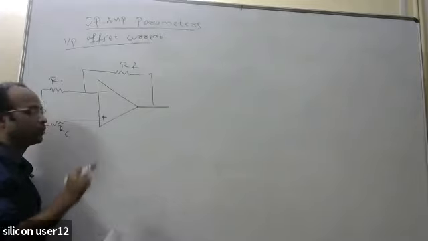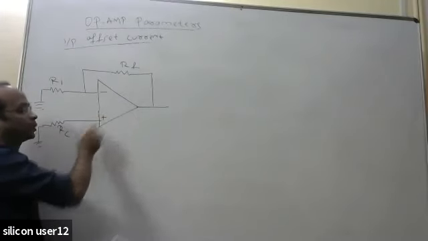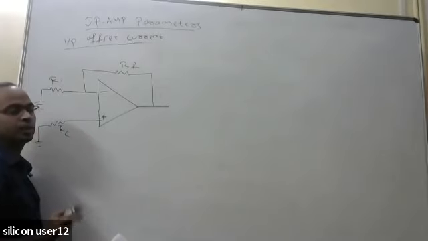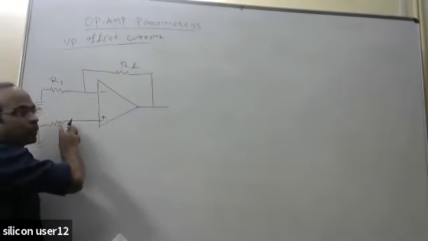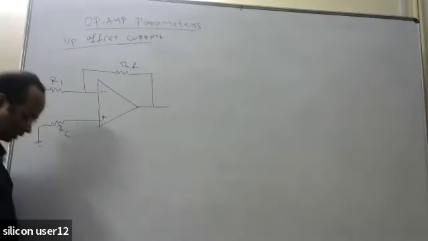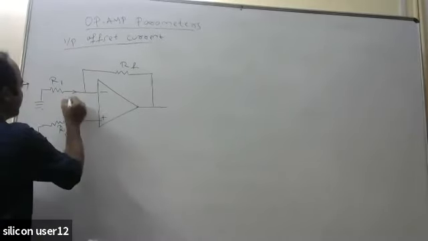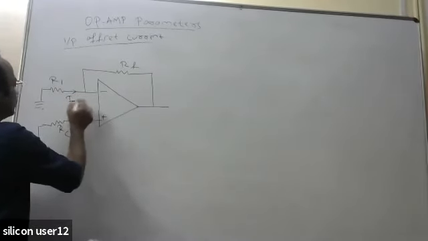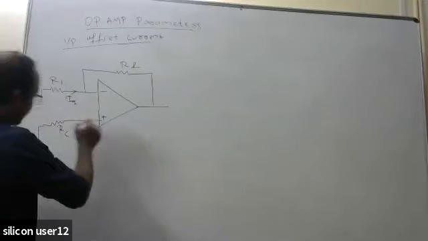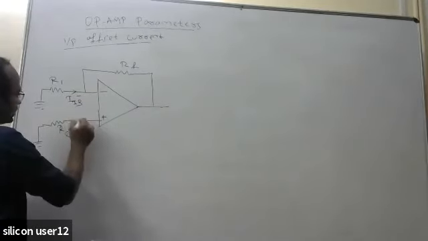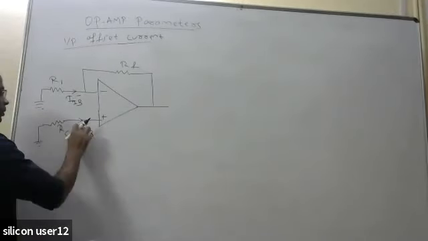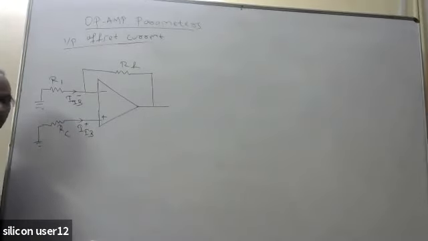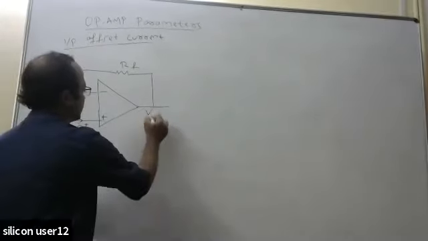terminals. But due to the mismatch, this minus terminal and this plus terminal are the bases of two BJTs. Due to the mismatch between these two transistors, the current flowing into this branch is not equal to the current flowing into this branch. Let us say this one is named IIB minus, the input bias current, and since the other is going to the plus terminal, let us say IIB plus.